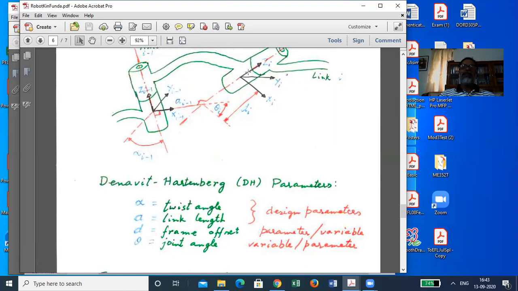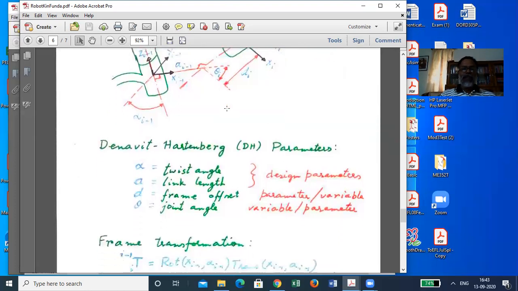Similarly, here also, both the motions, the translation along the z-axis through the frame offset and rotation about the z-axis through the joint angle, whichever order you give, it doesn't matter. But the order of these two and those two will matter. So anyway,